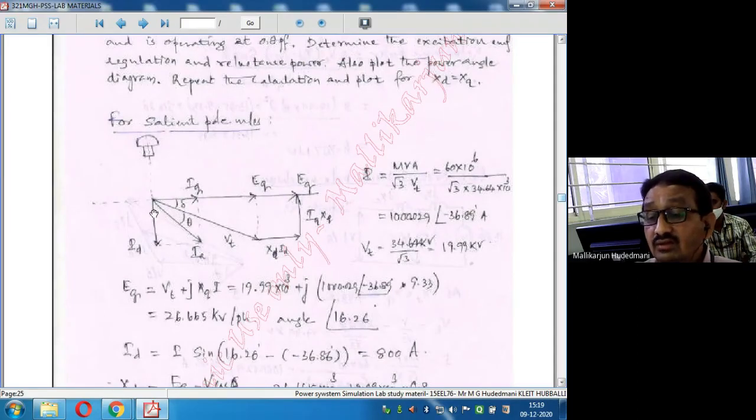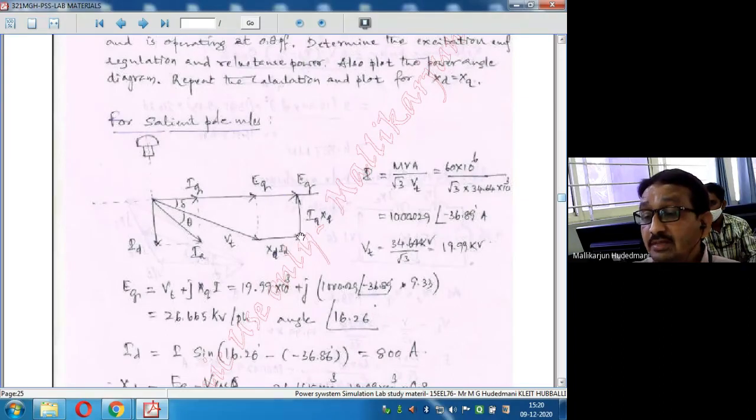When this vector Id is facing down and the voltage is 90 degrees out of this towards the right side, if I view it, it becomes leading by 90 degrees. Then this vector Id into Xd is placed at the tip of vector Vt, perpendicular to Id. Hence, I have drawn it on this paper perpendicular to this Id, horizontal in representation.